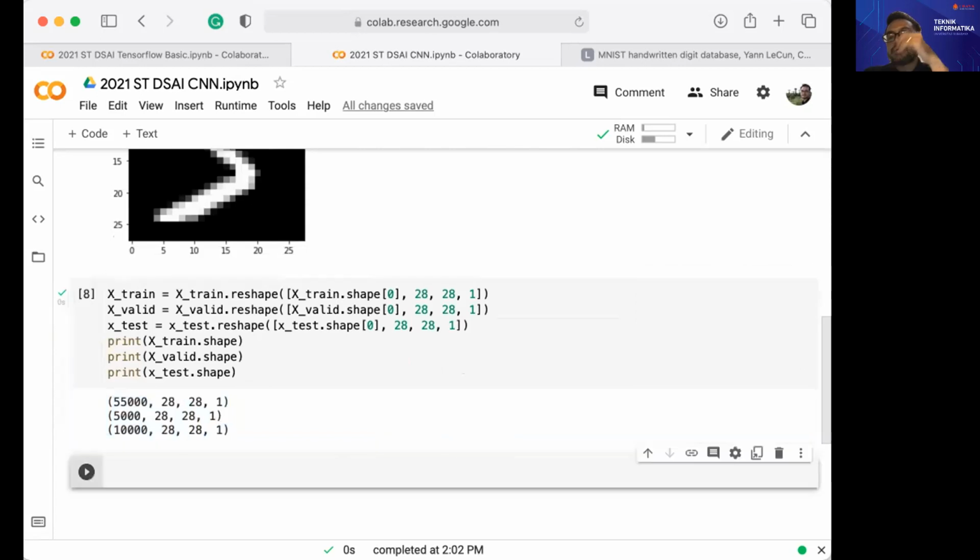We have two ways to create a deep learning model. We can use a sequential library, and also we can use,